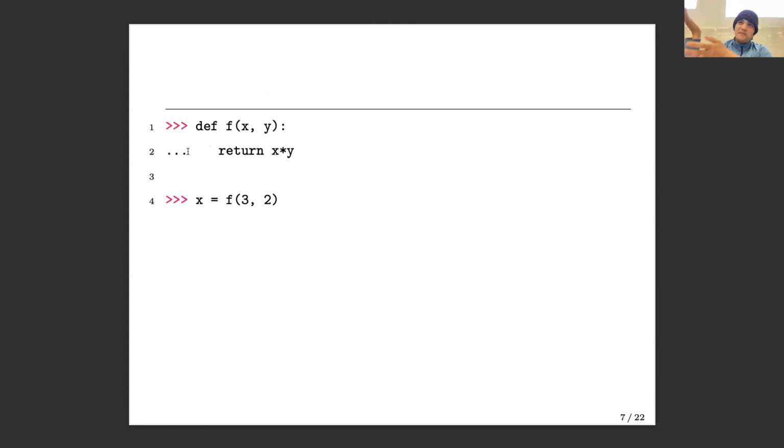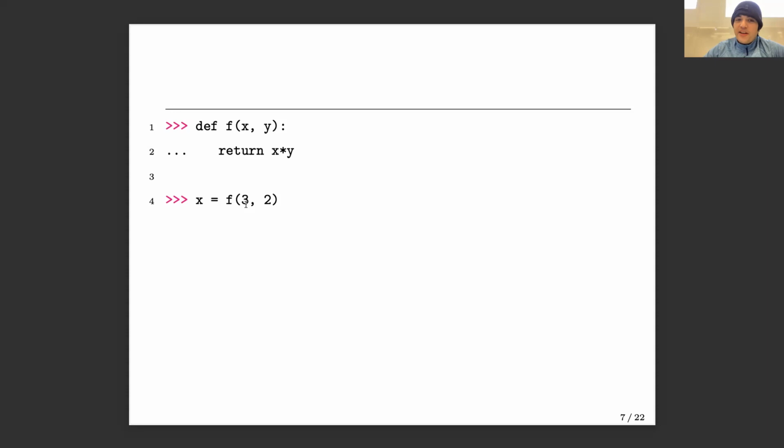Okay, so here's another simple function. This function takes 2 inputs. You can take as many inputs as you'd like. This one takes x and y, and it's going to return x times y. Now, this is the reason people print. If I say x is equal to f(3, 2), what value gets stored in x? These aren't trick questions. I'm just trying to keep you guys awake.